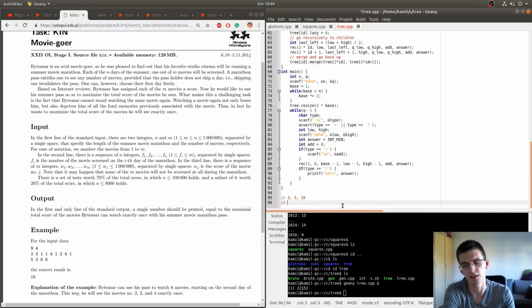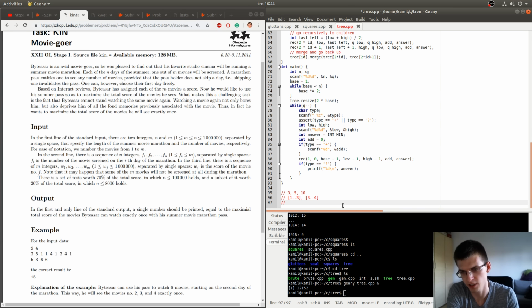Let's say that one movie appears at positions 3, 5, and 10. Then, if your chosen interval starts somewhere between 1 and 3 and ends between 3 and 4, then you get this movie towards the score.